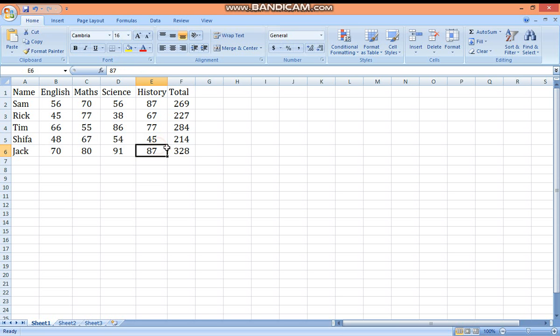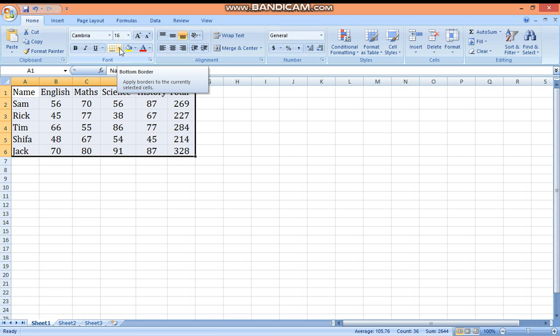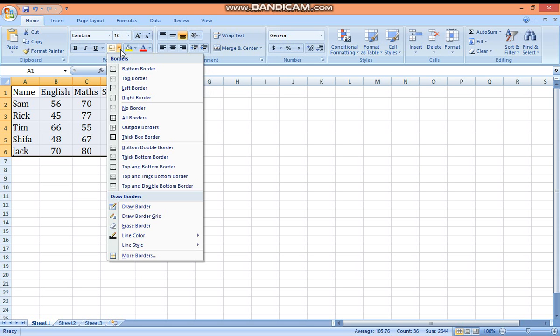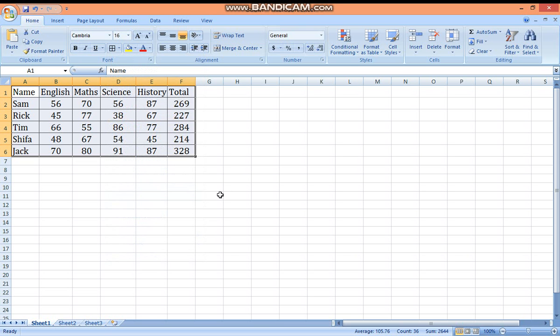Down here you can see the bottom border is given, a drop down arrow. Just click on this drop down arrow, you can see border, all borders. Click on all borders. Just click outside, remove the selection and you can see all borders. Got it?